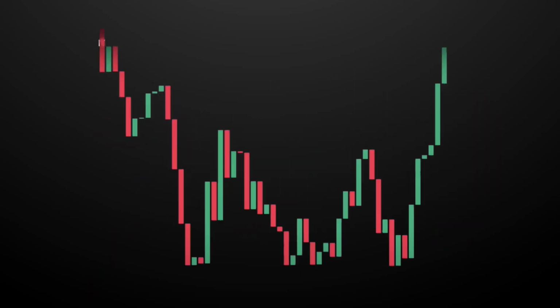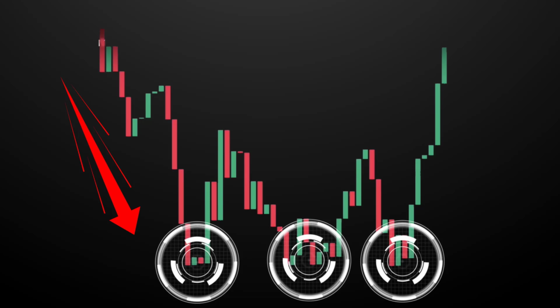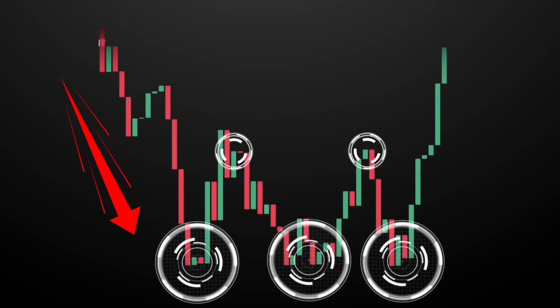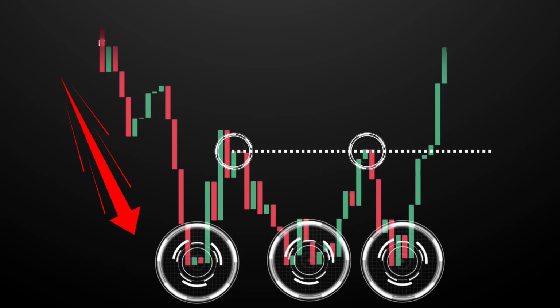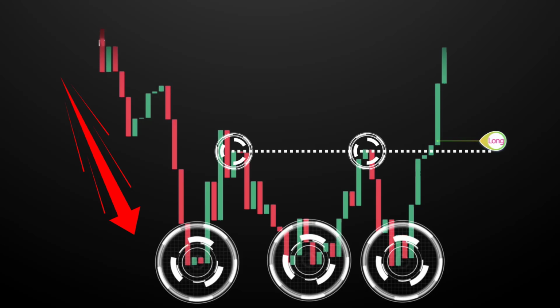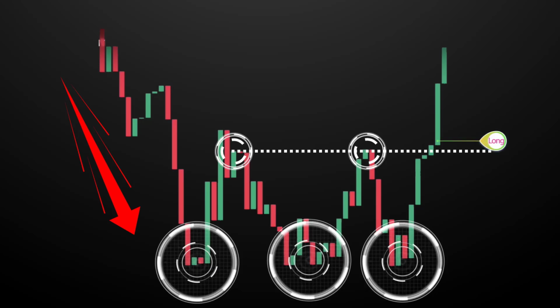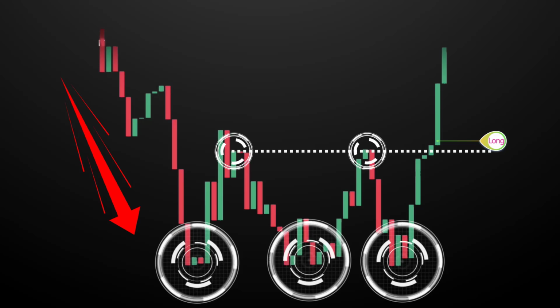In the case of the triple bottom, it's the opposite. The market is in a downtrend before forming 3 consecutive lows at about the same level. The swing highs here create a resistance level called the neckline. Just like the triple top, when the price breaks above the neckline, we enter long positions because the bullish reversal is confirmed. In practice, trading the triple top and triple bottom patterns works very similarly to how we trade the double top and double bottom patterns.